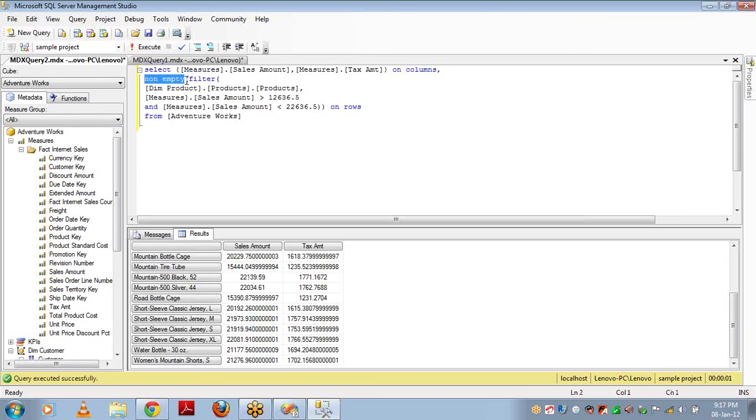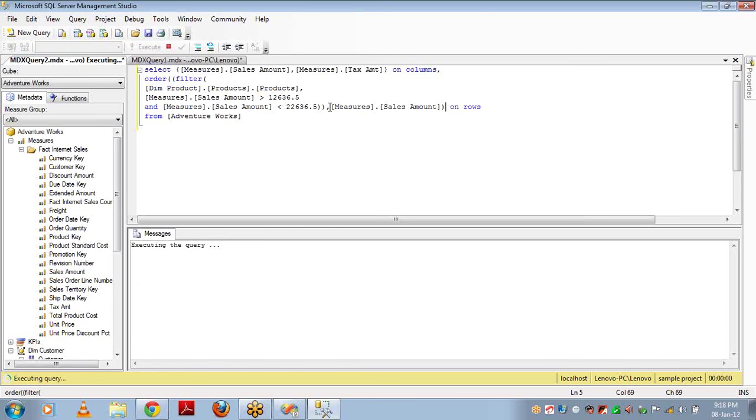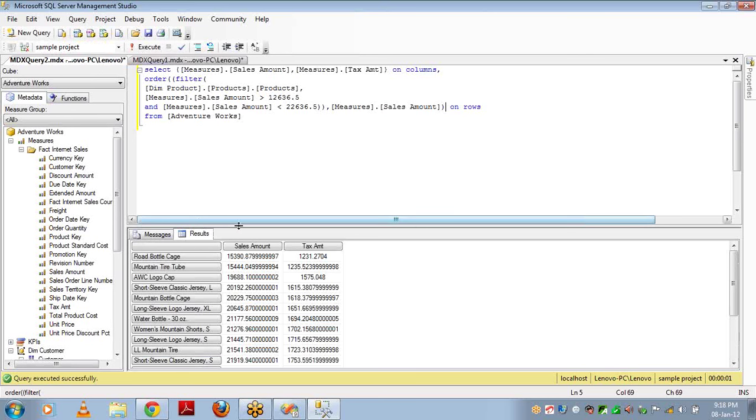Now what I want to do is order the data. I don't know whether it is giving me the exact result based on the filter condition that I have given. So I have to check that. So how can I check that? I can check it by getting the order, comma order by sales amount. I'm ordering the complete output of this, the filter part. There is a filter function implemented. I'm ordering the complete output based on sales amount. And I've not given anything, so by default it has to take ascending order.